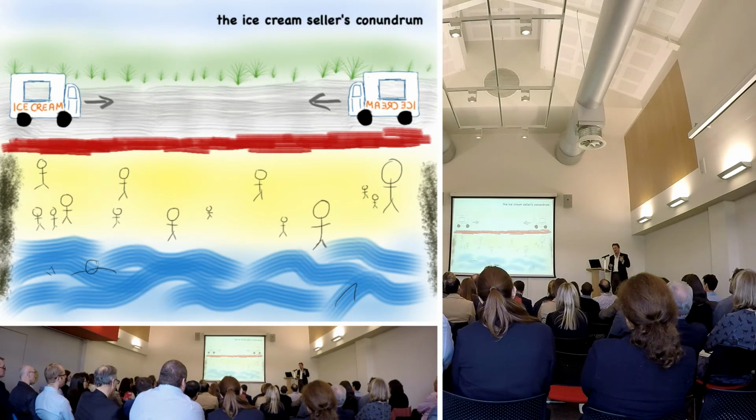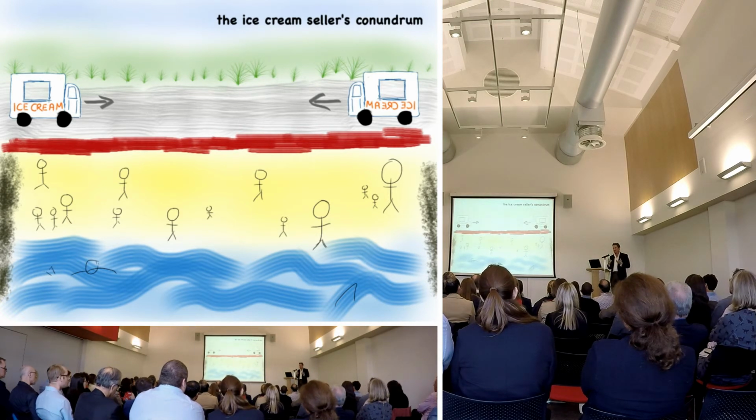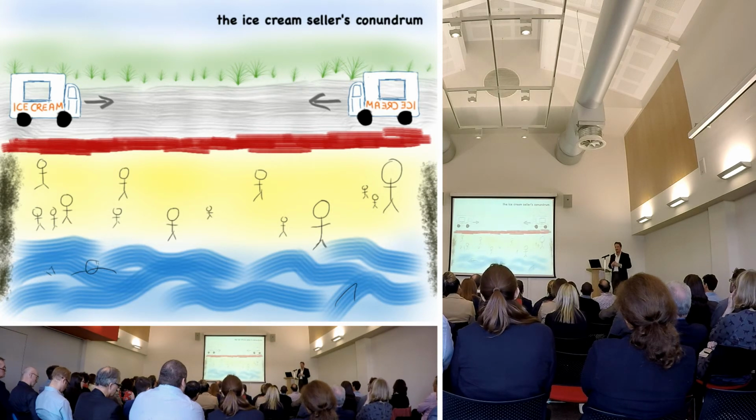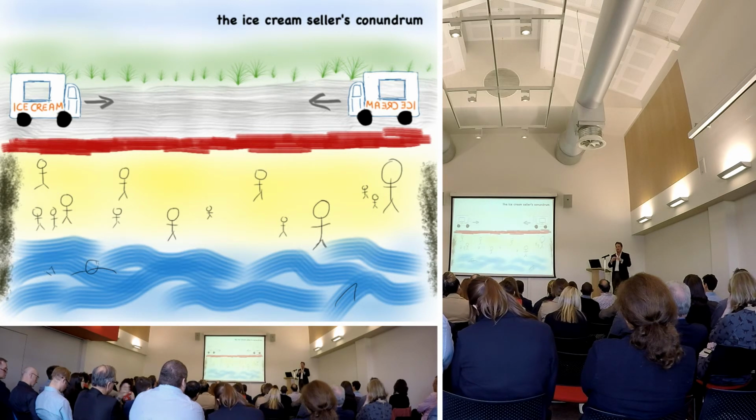And he goes, well, if I move a little bit further towards the centre of the beach, I'm going to be within walking distance of all those people who are currently walking to the guy at the other end. So he moves a bit, and the other ice cream salesman moves as well. Bit by bit, the logic of the story is they both end up at the middle of the beach. But instead of competing geographically, they now have to compete in economic terms by differentiating themselves. So he sells hot chocolate, strawberry ice creams, Coke, coffee, and everything like this. They differentiate themselves in economic, cultural or social terms, but they are now brought together